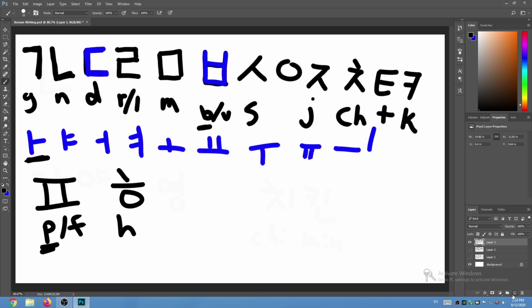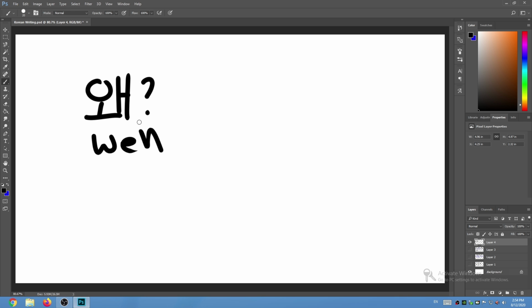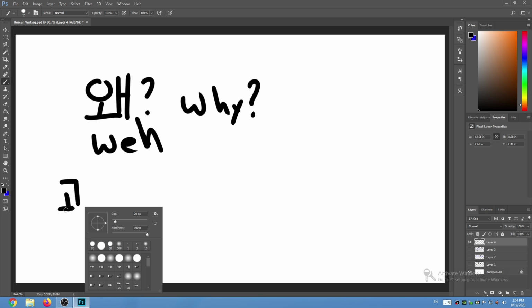Now, there are the different vowel combinations. Like when we add this here, this is we, which again, the sound is like here, we. Oh, that should be an H, which means why. So we. But when we write things like 괜찮아요, we've got